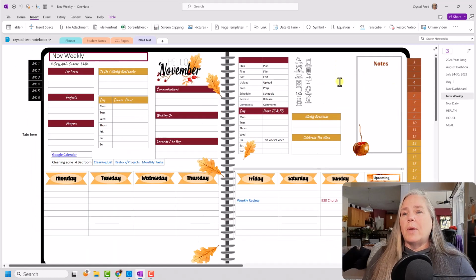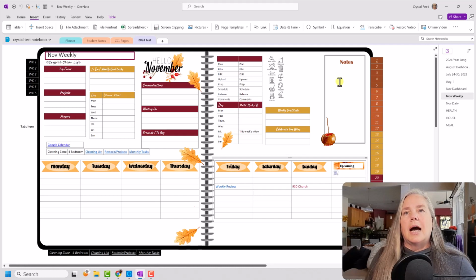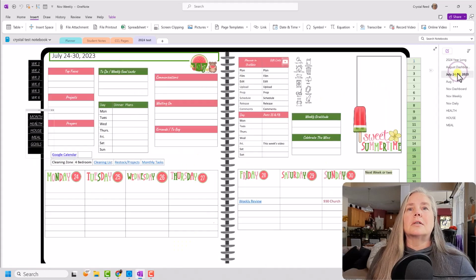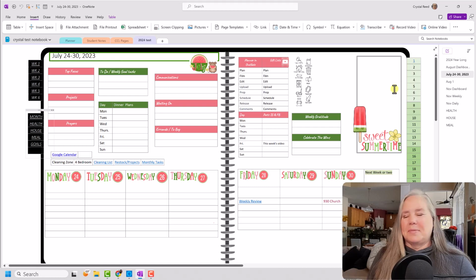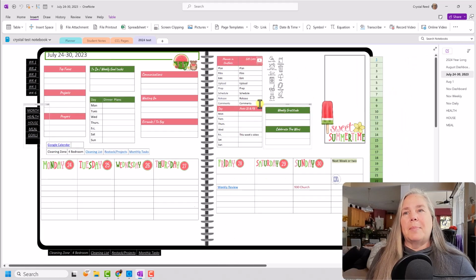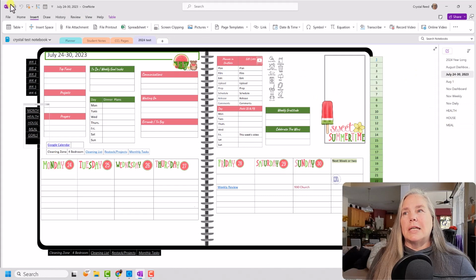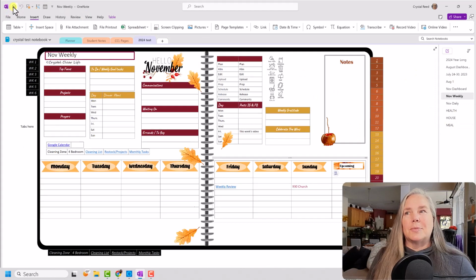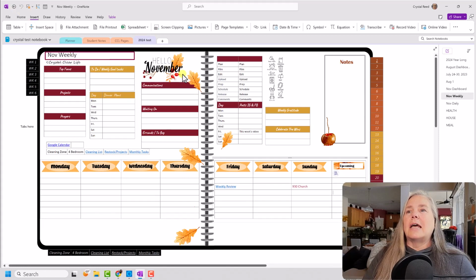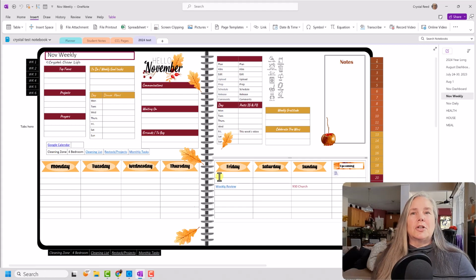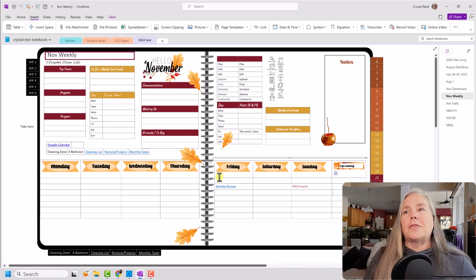So I found one of my weekly pages that I really liked. I think it was from August as well. And I simply came in here and I cleaned it up. Well, let me show you August. Nope, July. I came in here with my July page and I cleaned it up and turned it into my November page. Okay. All right. And I decorated it with fall leaves because that is the time of year in the area that I live where the leaves start to turn and fall off of the trees. Okay. So I thought this had a very autumnal look to it,